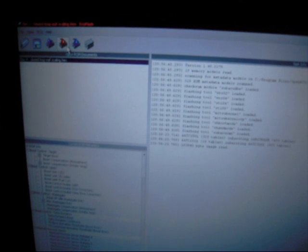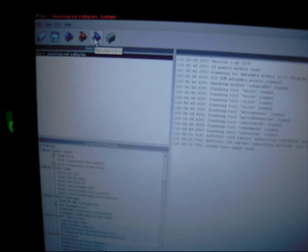So when I come over to EcuFlash, I've already flashed a few times, so I don't really need to do a test flash, but if it's the first time you're flashing your car, you might want to do this first. And hitting this button here will run a simulated write to your ECU, and it'll tell you if there's any problems, like maybe if the file you have is corrupt, or it's for the wrong kind of car, or whatever problem I have, EcuFlash will try to stop it. But this time I know it's good, so I'm just going to go straight to the real deal and hit that one,